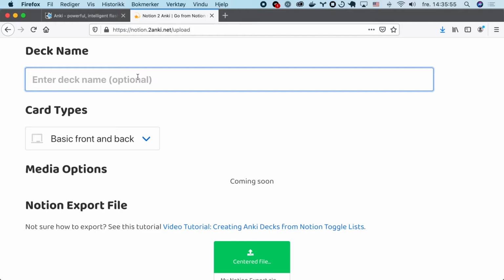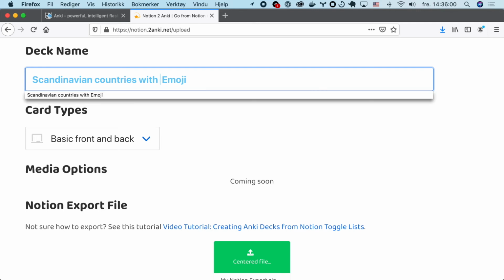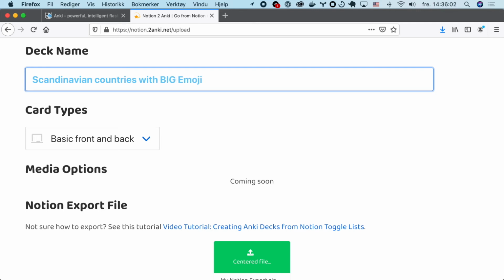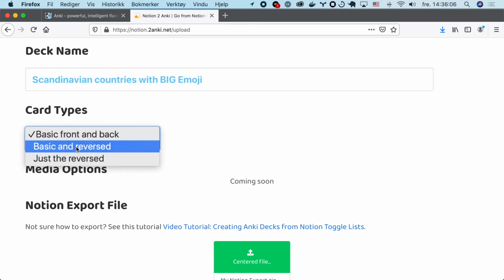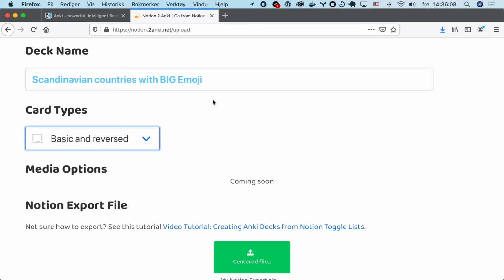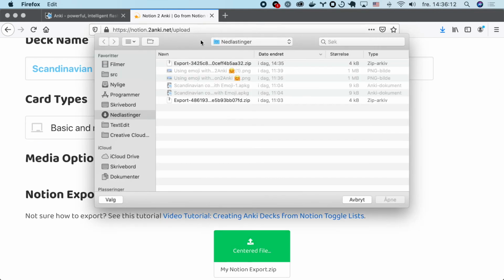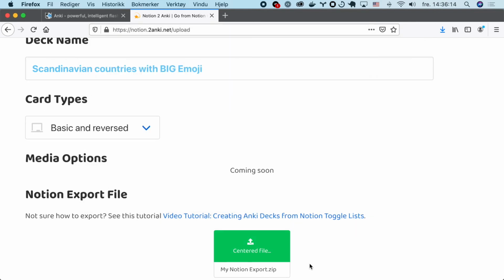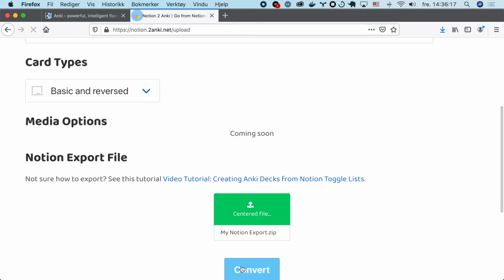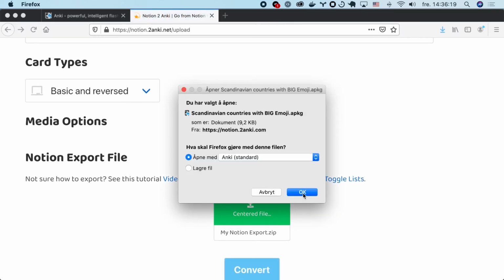So let's call this Scandinavian countries with big emoji. And let's create both basic and reverse so we don't have to do multiple imports. And then pick our file here, and here's the file, and let's hit the convert button, and bam, it instantly